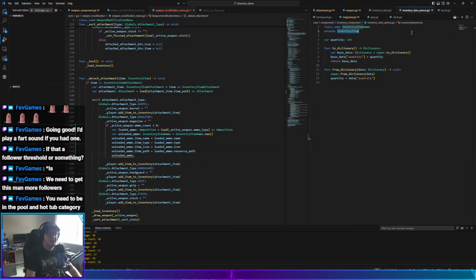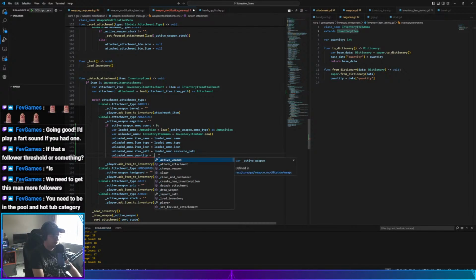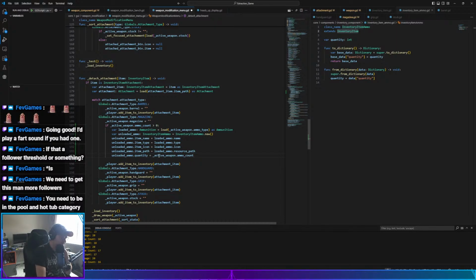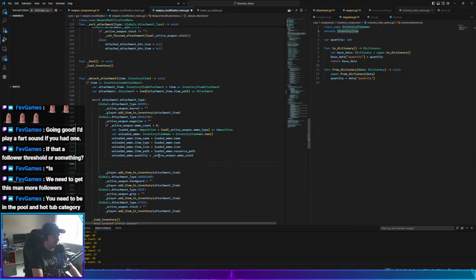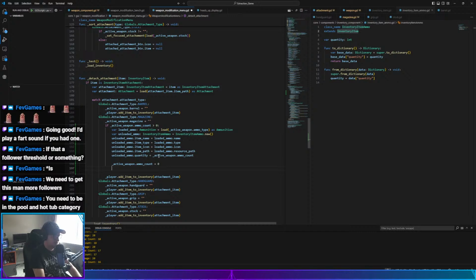Okay, inventory item ammo. Oh, it's quantity. Gotcha. Equals, at this point, it's going to be active weapon dot ammo count. So after I do that, the active weapon dot ammo count is going to be set to 0. And then I've got to add the unloaded ammo to my inventory,